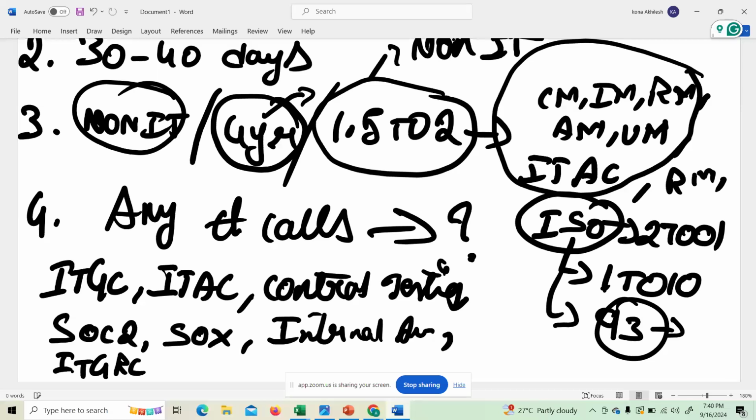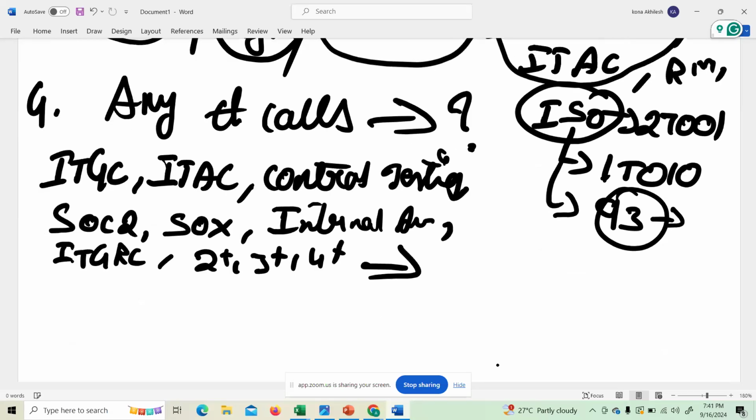Give these keywords and give the experience you want, whether 2 plus, 3 plus, 4 plus. Then see how many vacancies are present.